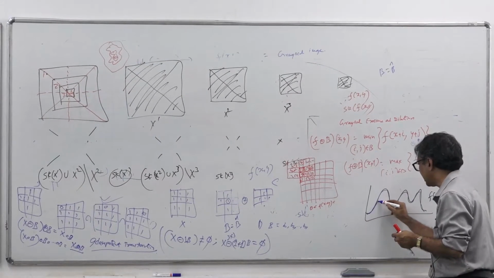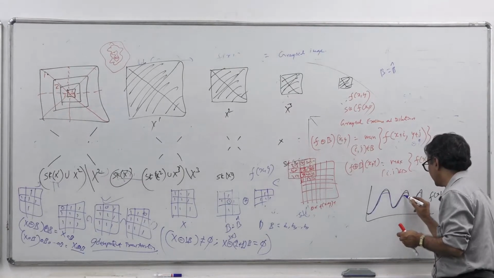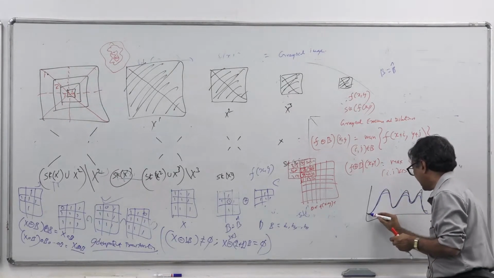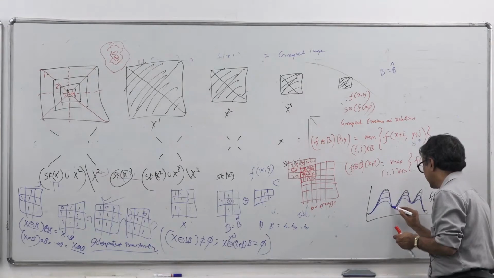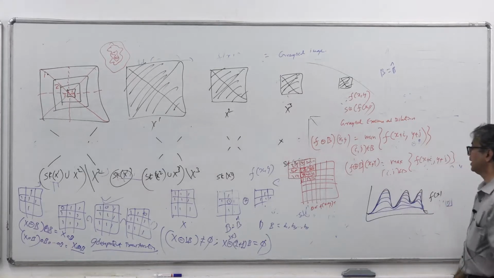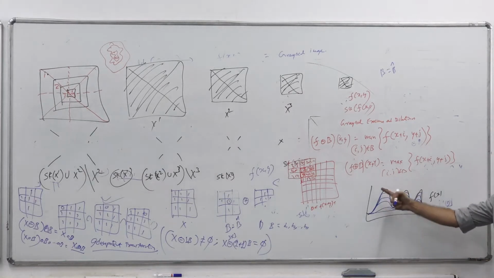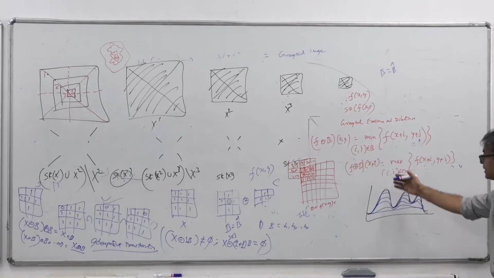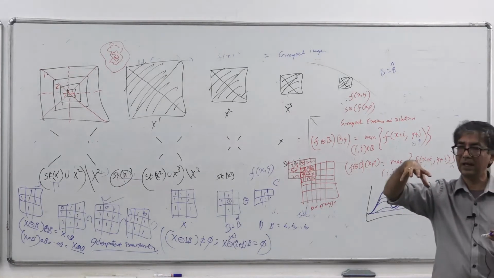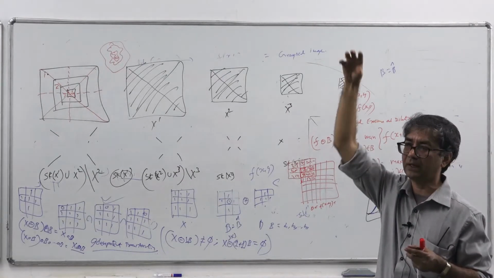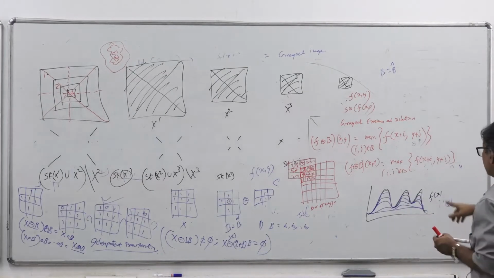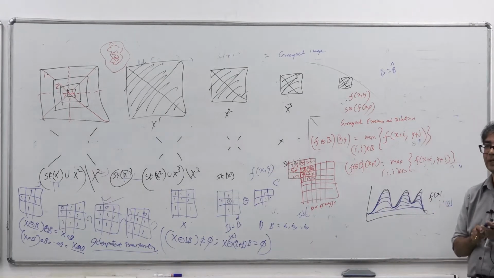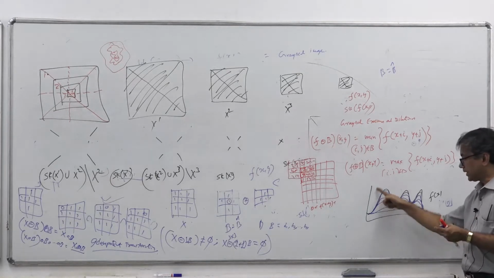And then higher scale opening would smoothen it even further. And still larger scale opening would make it like this, would make it like this. And then finally it reaches some global minimum value. So what is happening? It is losing its information under each cycle of opening, which is nothing but looking at the DEM at different lower resolutions, and it loses its energy. That energy loss is actually useful in computation of the roughness.